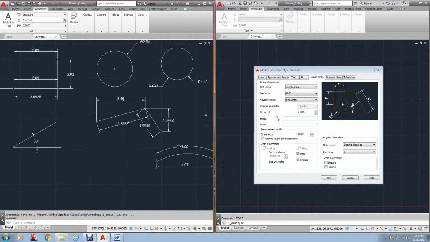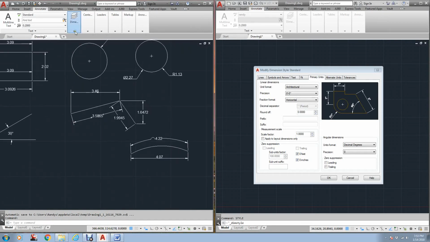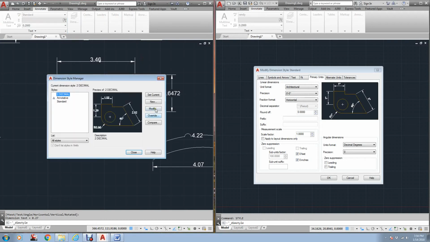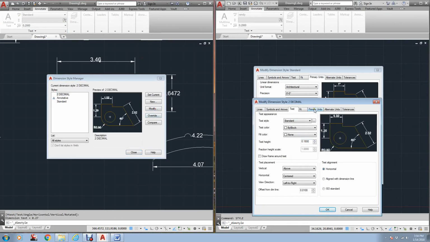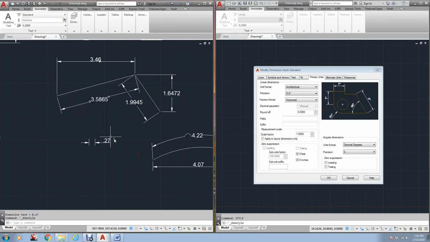have a dimension, let me blow this up here. I need to find a small dimension that I can do. Okay, this right here is a leading zero. If I click on this, it will not show that. If I go to dim style and I check off leading zeros, then as you can see, that goes